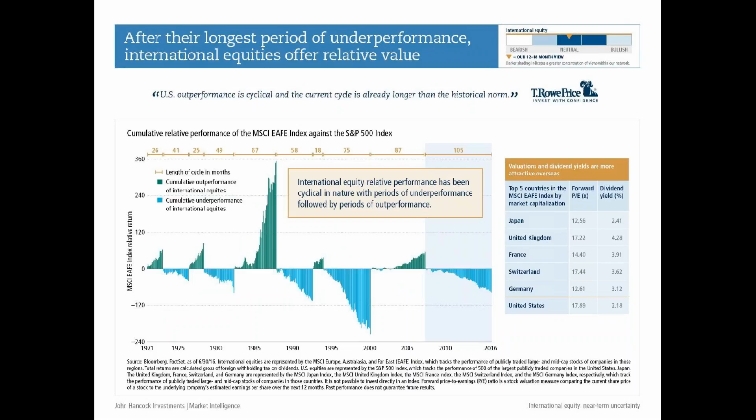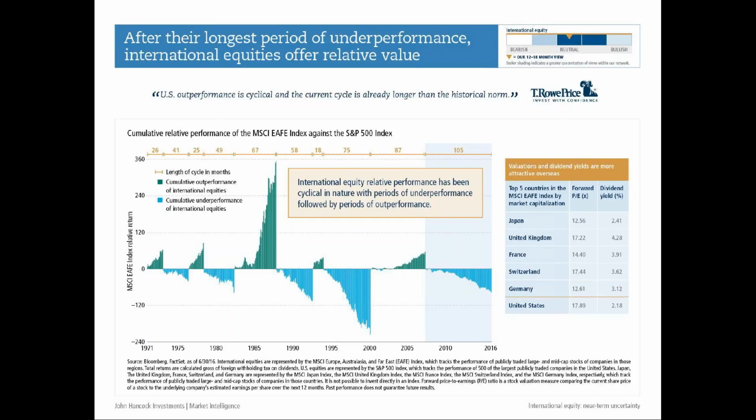Another way to look at it is that European equities, and international developed equities overall, have underperformed the S&P 500 for the longest period in history. I know that doesn't sound very enticing, but markets tend to move in cycles over time. This has been seen in history. It's just something that you'll see over and over again, but this is just a depiction of that.